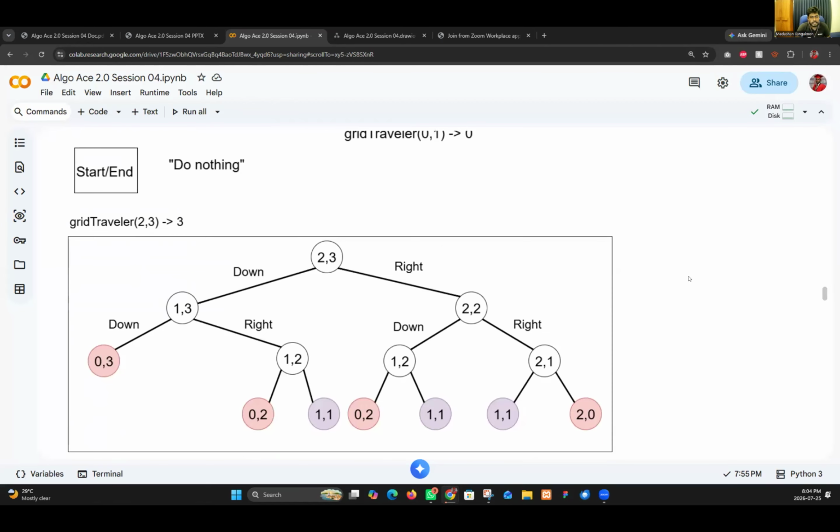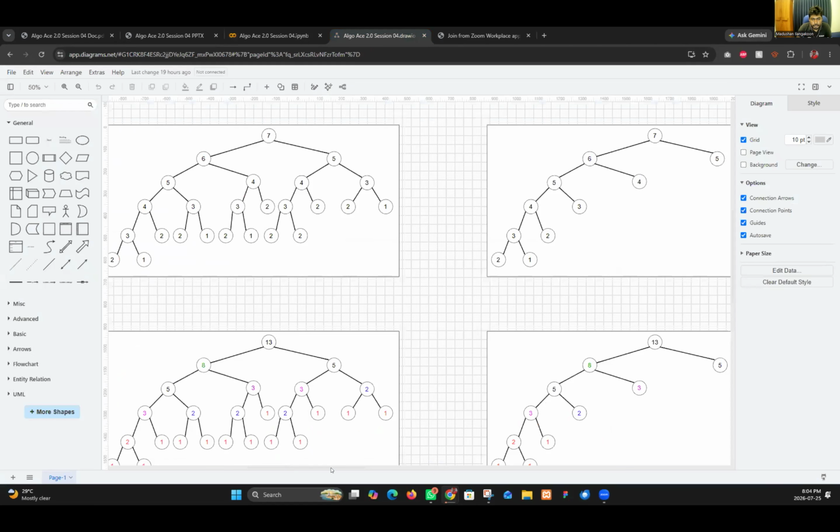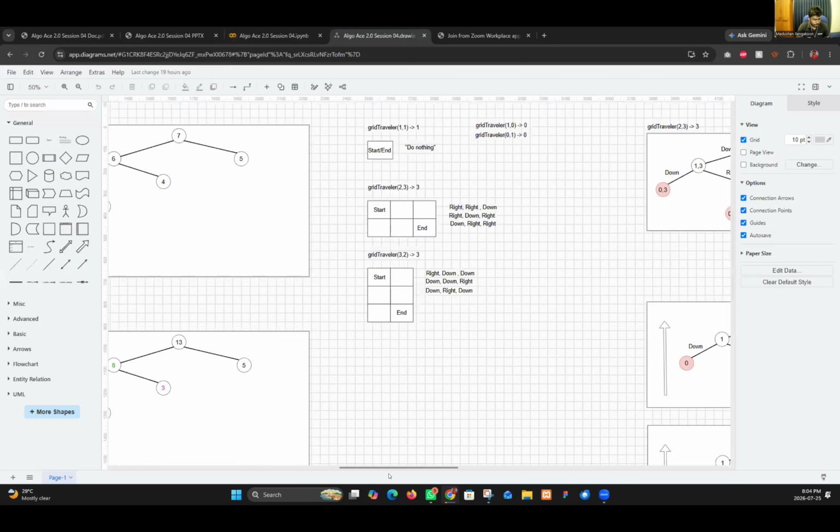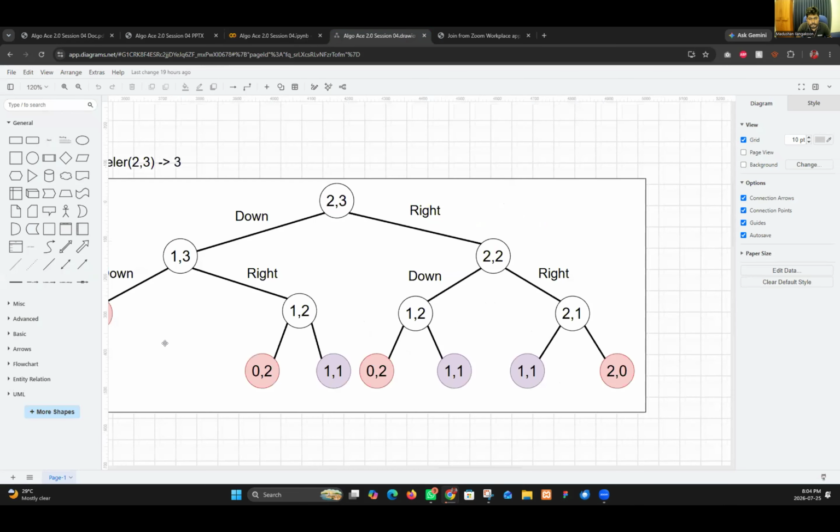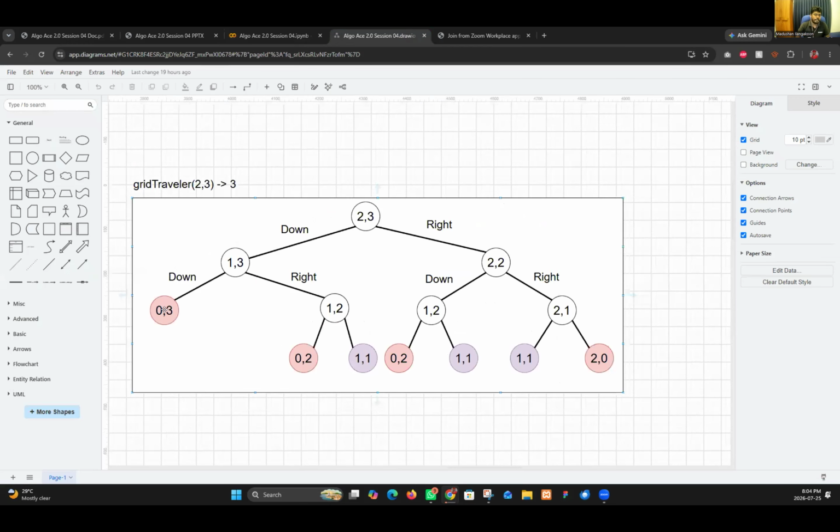I think you will be a little bit confused about what I was writing here. So you will get it like this. This is a path.